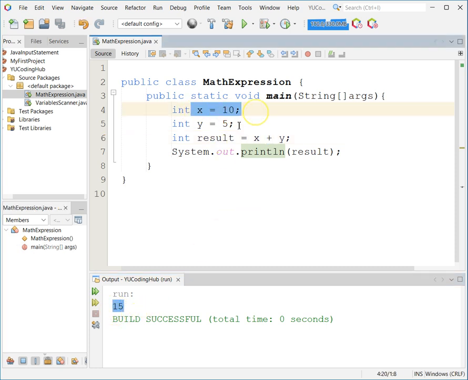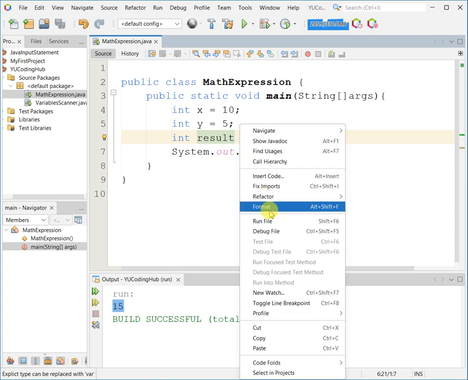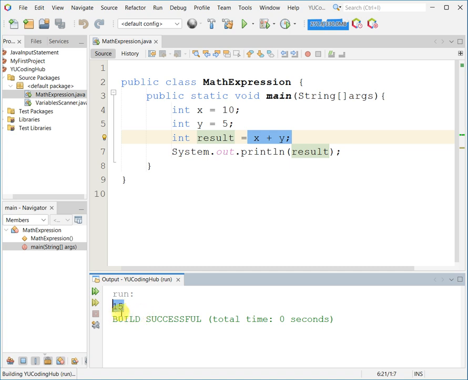So x is 10, y is 5. Combining these two variables with a mathematical operator, we can create what's called an expression. When we run the program, you will see it produces a result, which is 15, that is stored in the variable result. Now that we know expressions, let's talk about the operators that make this possible.